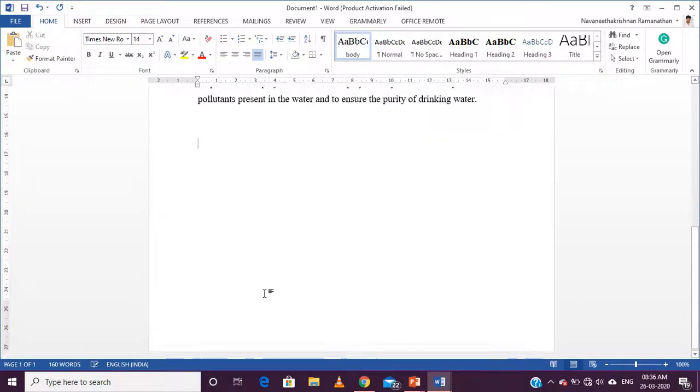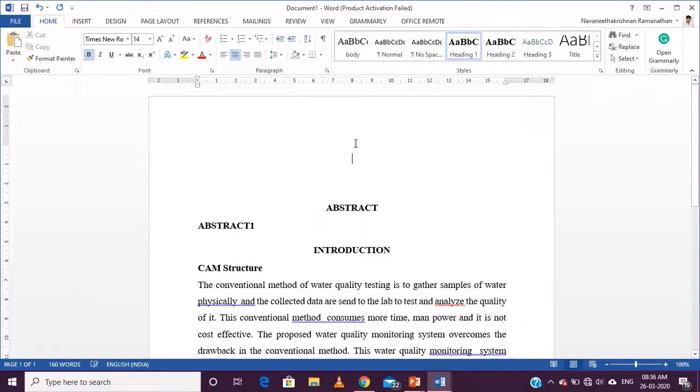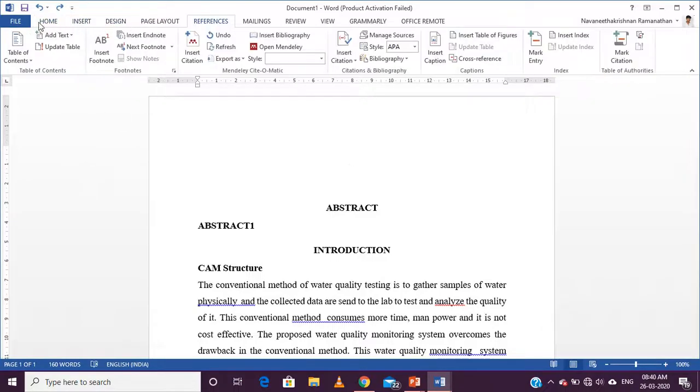Next, oftentimes it is very difficult to include the table of contents, because it is difficult to go through each and every page, see the page number, come back to the table and edit it. Even after that, if you modify any page or include any content, some title may go to the next page, some content may go to the next page, and that will affect the entire table of contents. So there is a shortcut in MS Word through which you can automate the table of contents. For that you can go to references, table of contents.